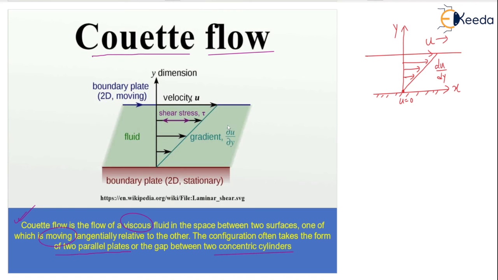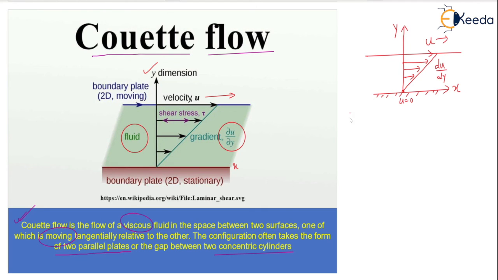So that's all this thing it is written here. Velocity gradient dou u by dou y, and y axis, this will be your x axis, and boundary plate 2D, two dimensional plate surfaces, that's why it is written surfaces. Boundary plate, two dimensional moving, right? In this direction it is moving, you can see. And shear stress: fluid is present here between the two plates, but one plate is moving relative to the other plate which is in a stationary condition. So shear stress acts definitely between the fluid layers, and velocity gradient shown dou u by dou y. So Couette flow is the flow of a viscous fluid.